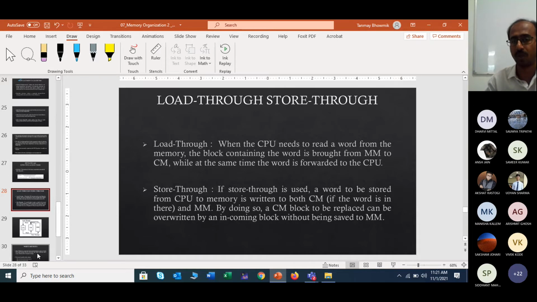So, load through: when the CPU needs to read a word from memory, the block containing the word is brought from main memory to cache memory, and at the same time the word is forwarded to the CPU. So you are reading. That is the older point from when we read the instruction set architecture part. At that time also we saw that if you are trying to load, you are basically reading.